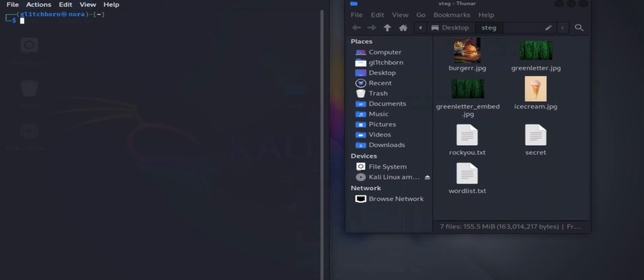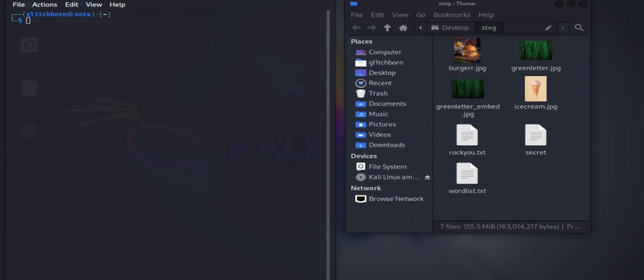Everyone. So today I'm just going to show you the steganography tools available in Kali Linux. There's two ways to hide information inside files. So before I start, you would have to install these tools. So you would have to write sudo apt install